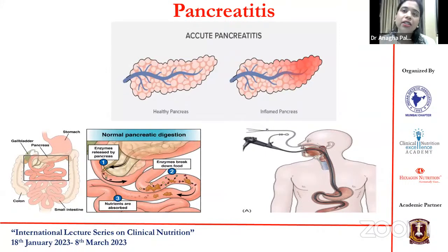Now, when the pancreas is inflamed, it undergoes auto-digestion, it could undergo necrosis. In such a case, if the patients are fed in the stomach, then when the food reaches the duodenum and the pancreas is stimulated, it causes lots of further inflammation and pain. So earlier, the thinking was always to give rest to the pancreas. Do not stimulate the pancreas, give rest to the pancreas,